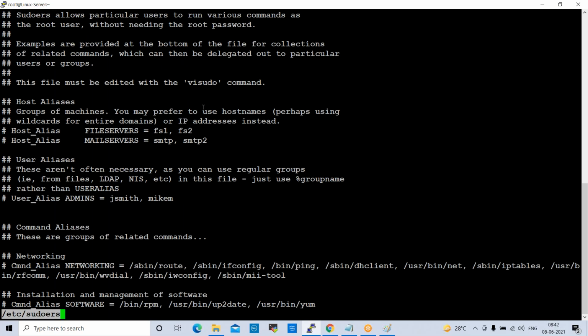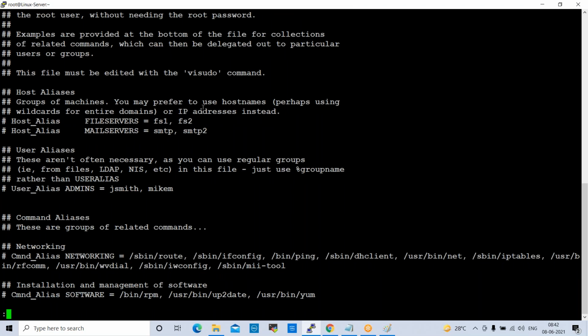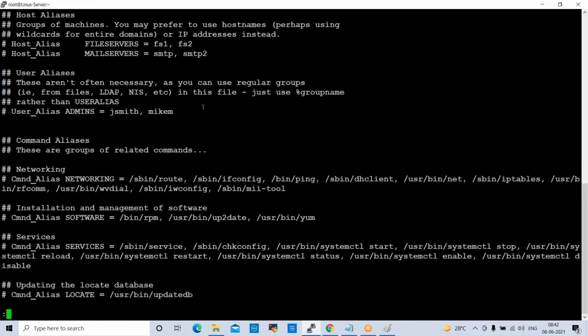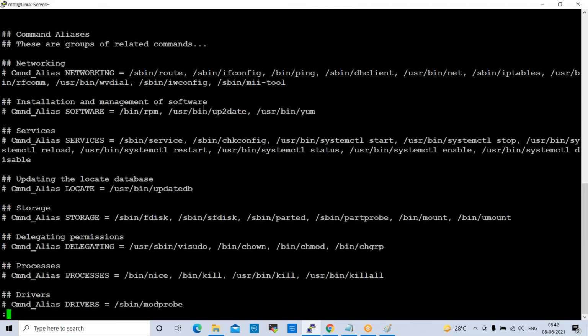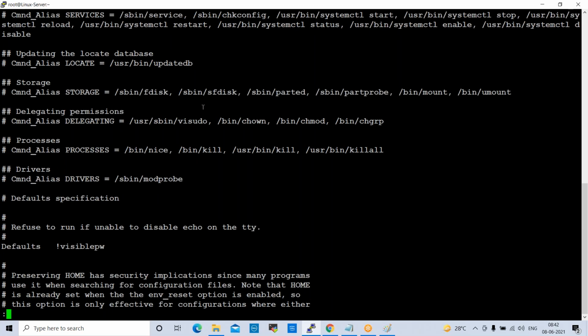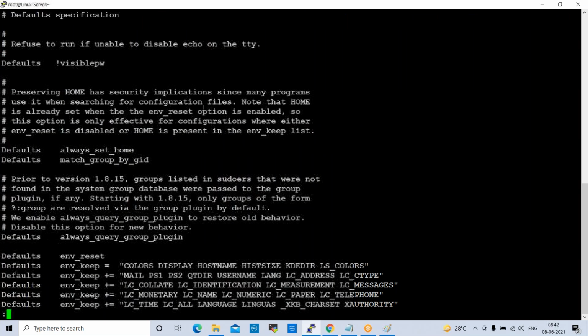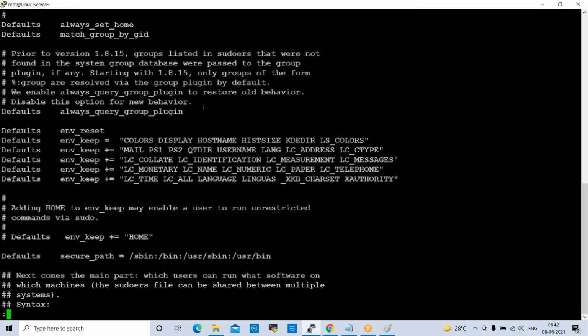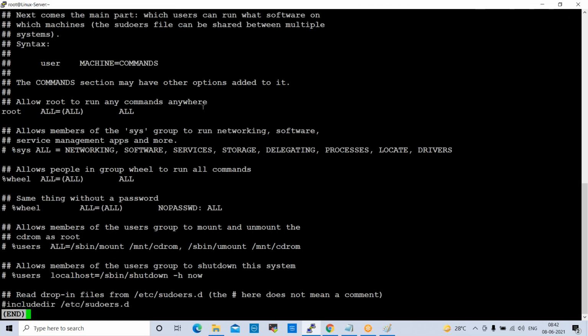So you can see here, this file has more than one page. That is why it is showing the end of the page. Now if you hit enter, it will show you like this. For example, if you have 10 pages, it will open page by page. So if you hit enter, it will show you like this.